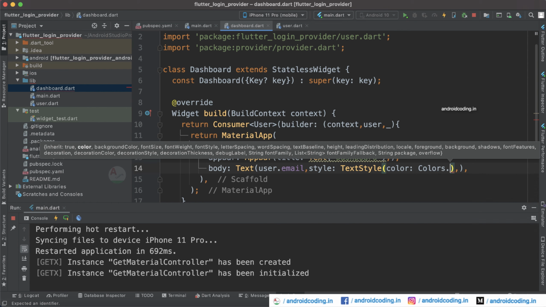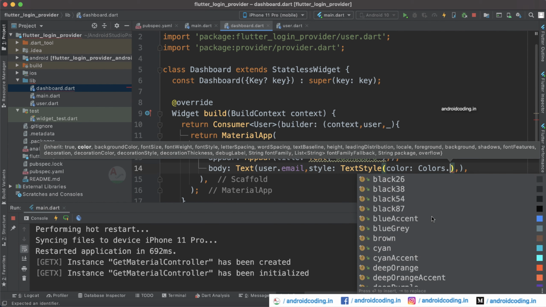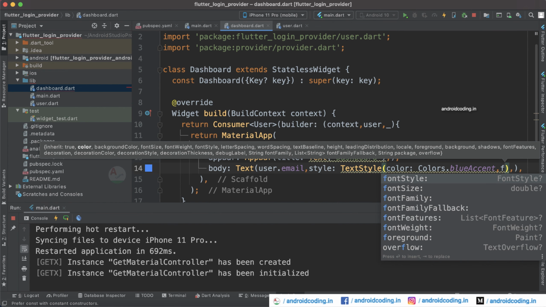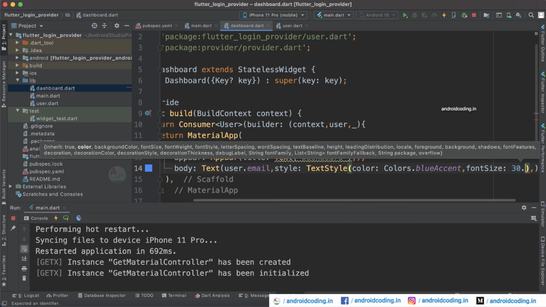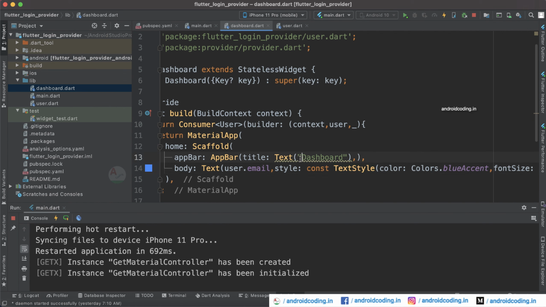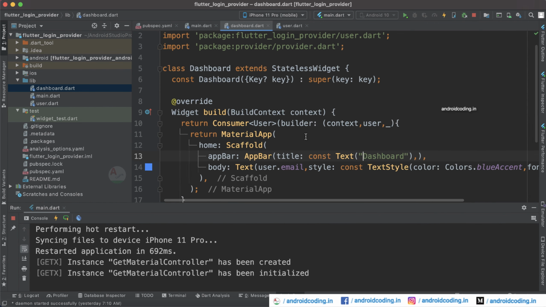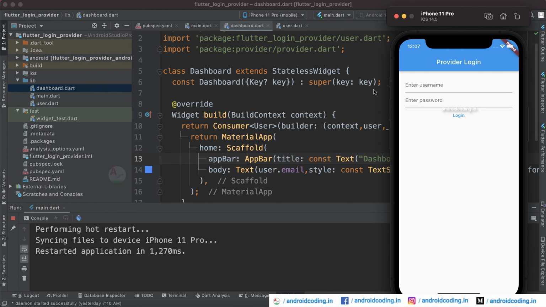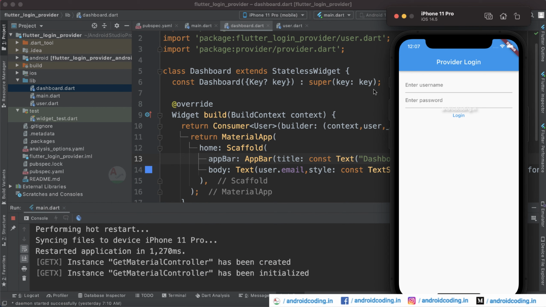Colors dot, you can just select blue here, and also you can add some font size. Let's specify 30 to be the font size, and you can make these two things constant. Now let's run this code and see the final output here.